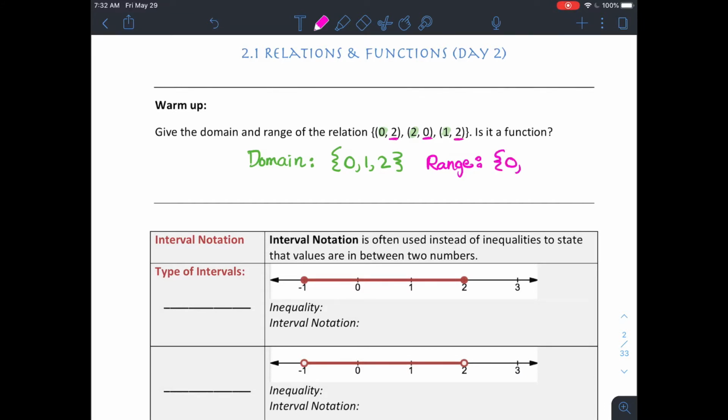And that should definitely be a squiggly brace, not parentheses. Don't know what I was thinking there. And it is a function because even though it has a couple of the same output values, none of the